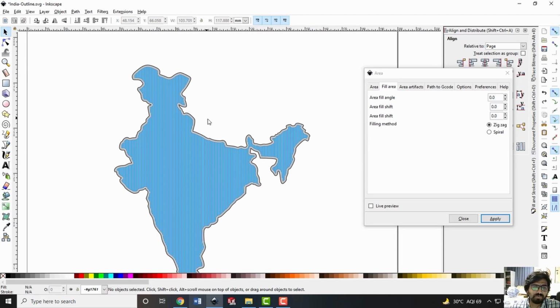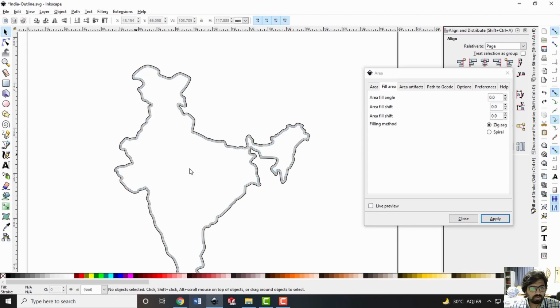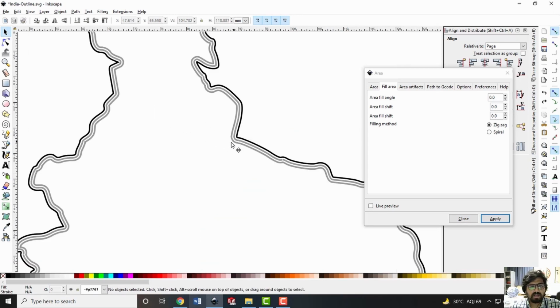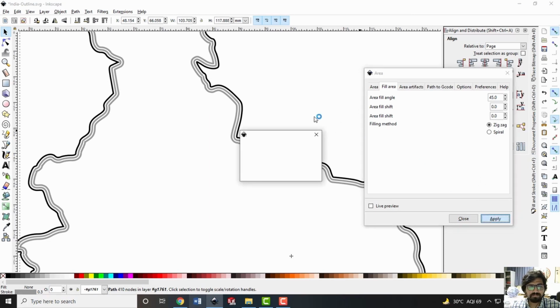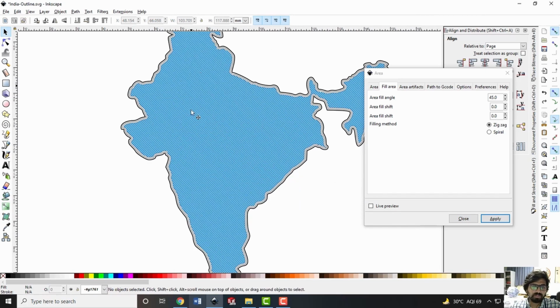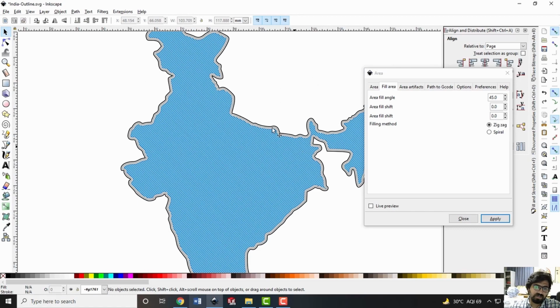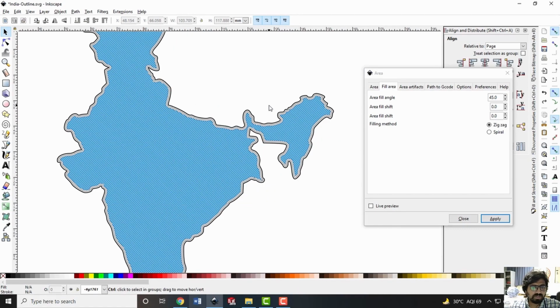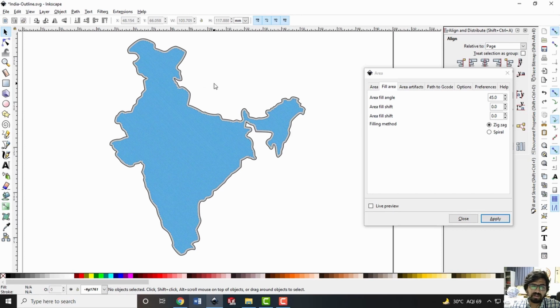In a similar fashion, if you want to have this raster in a different angle, that also you can do. So I'm pressing Ctrl Z to undo what I did, and then I'll once again select the single curve of the innermost boundary, and I'll select a different angle now. So for example, if I want to create the raster passes but at an angle of 45 degrees, and if I say apply, now you can see the passes are at a 45-degree angle. Now they are not the vertical passes, as you can see. Once you are ready with this, you can of course extract the toolpath from here onwards and get the G code. But let us explore a few more options available here.